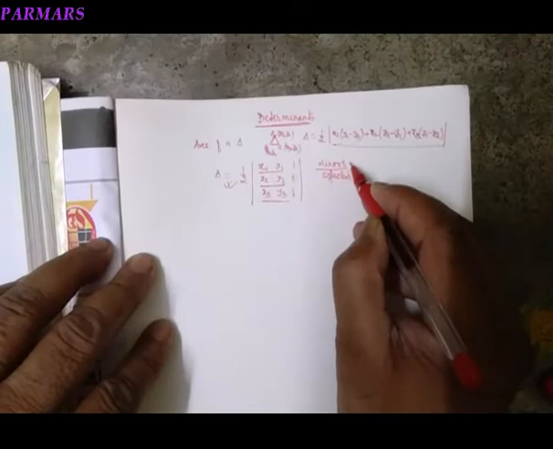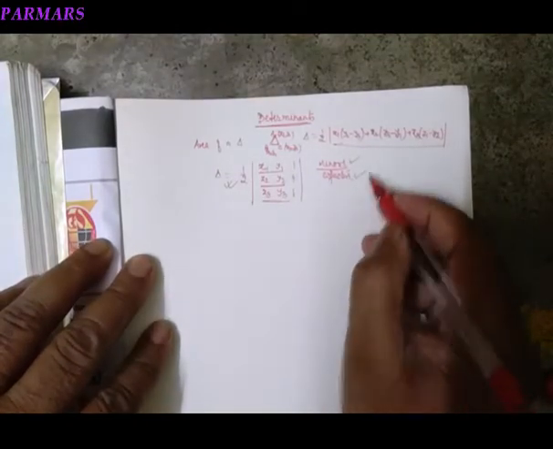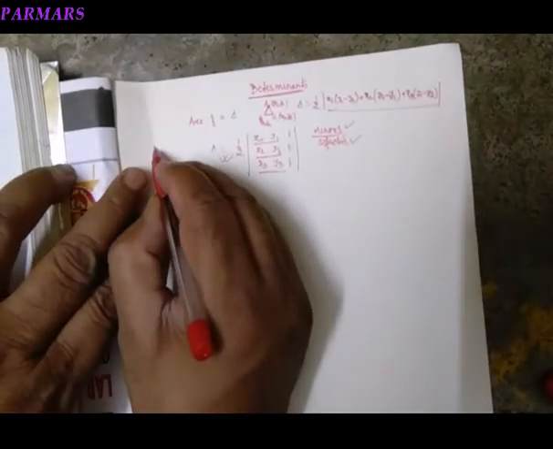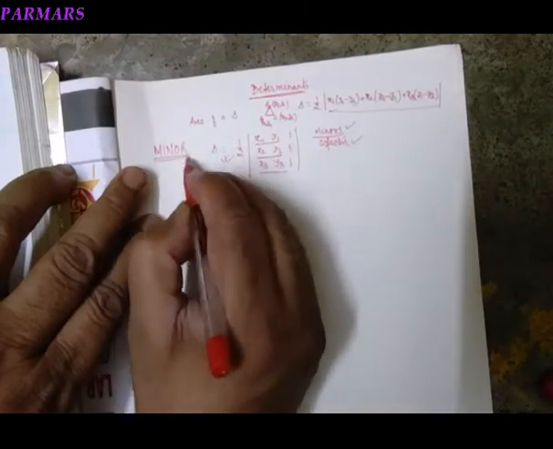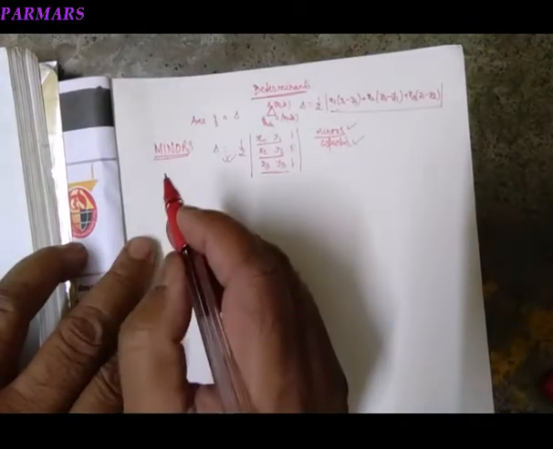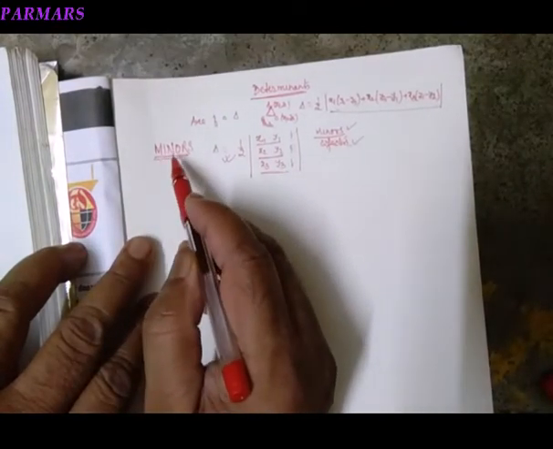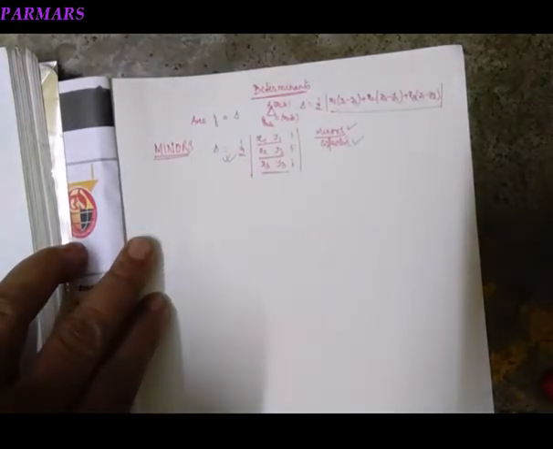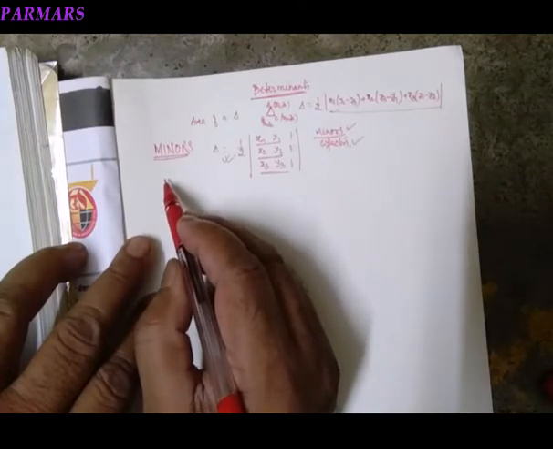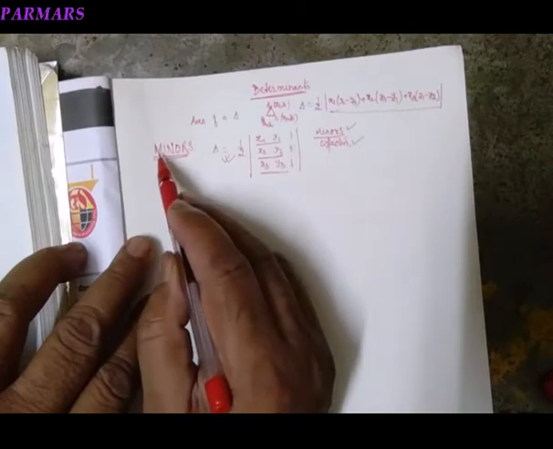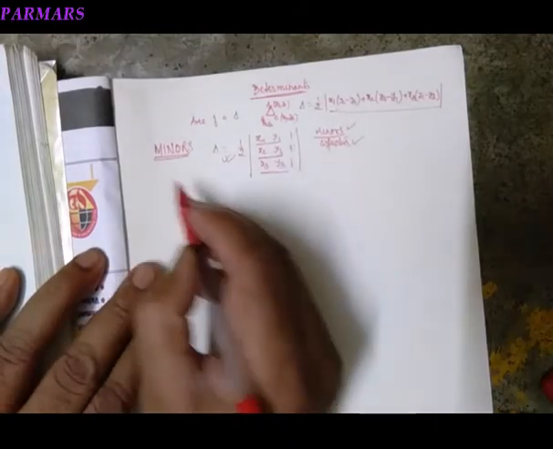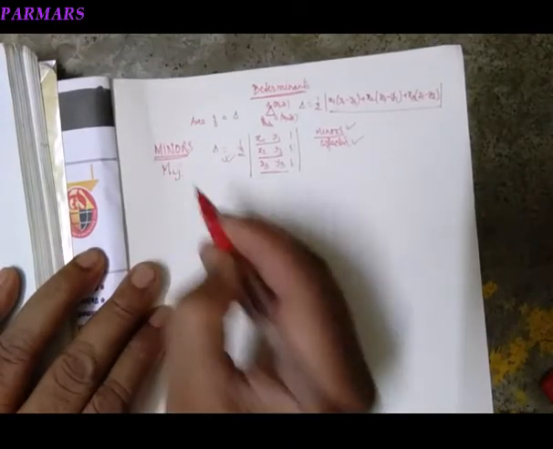So we are moving towards minors and cofactors. What is the minor or cofactor of a determinant? First we discuss the minor. Now, there is a minor associated with each element of a determinant. Suppose there is a determinant of order 3. Certainly there are 9 elements, so we must have 9 minors. How can you find them? It is denoted as Mij.